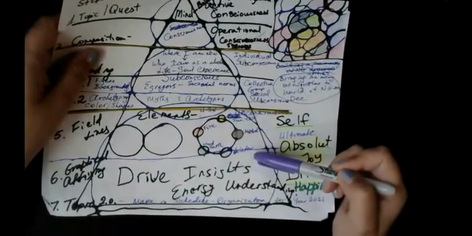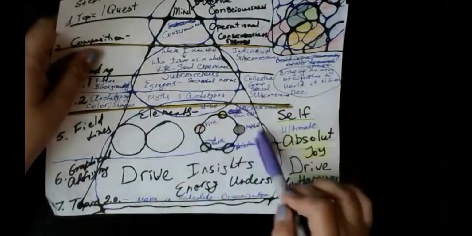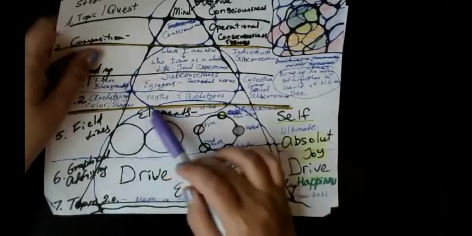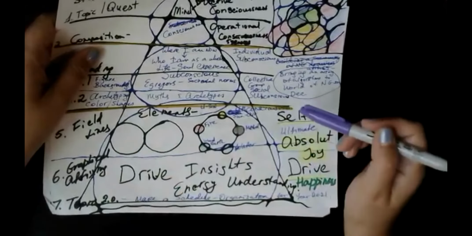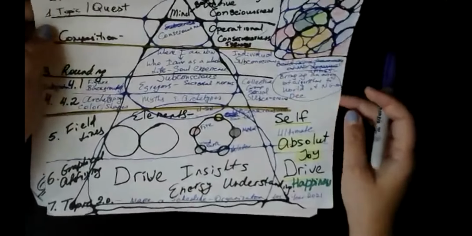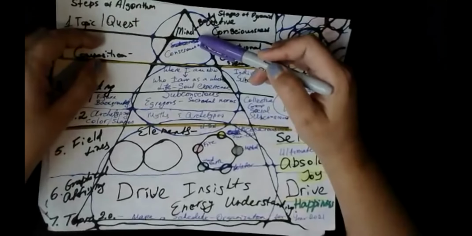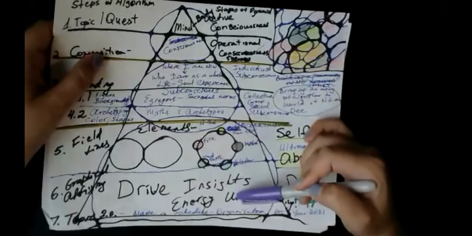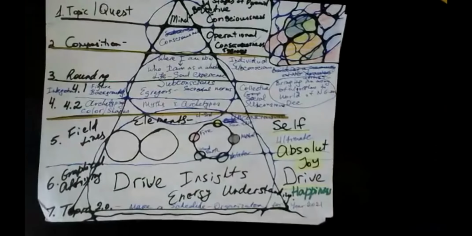And then we get to this very deep unconscious self, the soul. And this is where we figure this out. This is where we start finding out that the universe, the soul, knows more about where we need to live, how we need to live, where we need to go, than what our mind, what our ego is thinking. And that's why we need to bring in the field lines as a kind of support, as a way to understand that